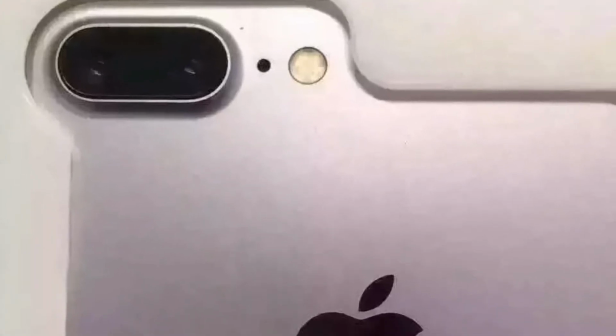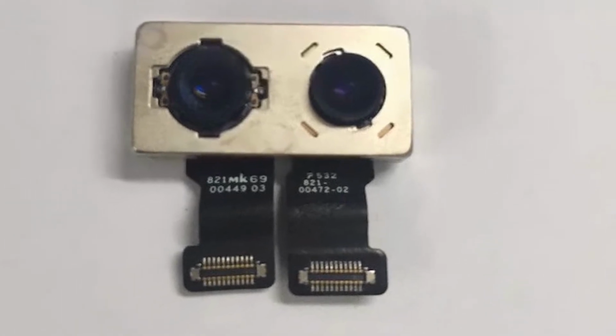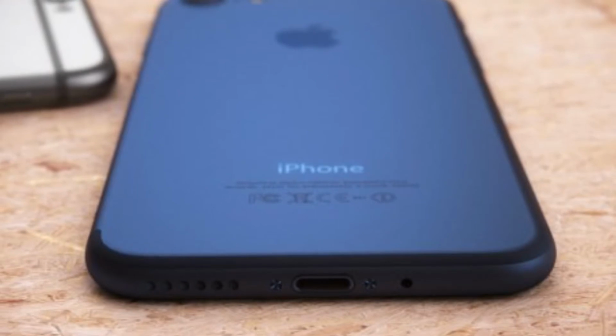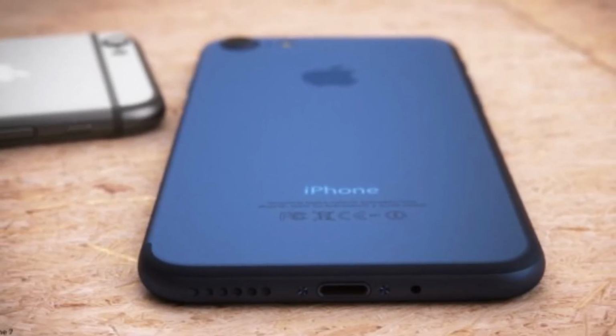What seems to be the current belief is that Apple will release a base iPhone 7 model that will possibly sport a 4.7-inch display, while the iPhone 7 Plus or Pro model will sport a 5.5-inch screen and the dual lens camera. Both camera units seem to protrude significantly more than the cameras we find on the current generations of